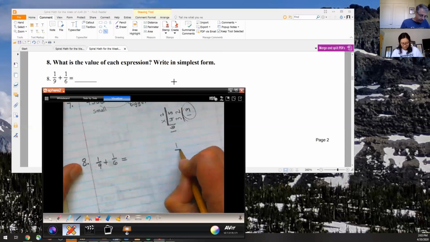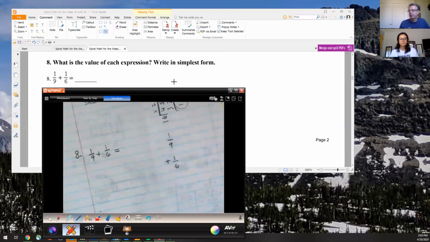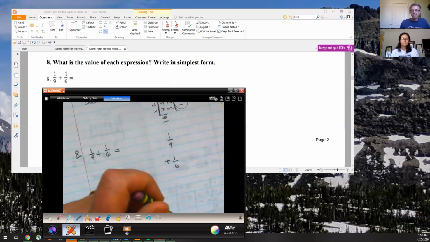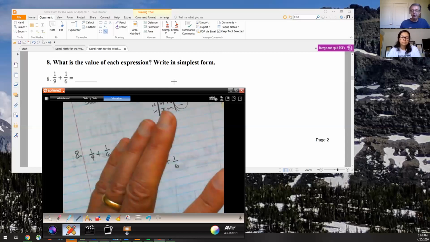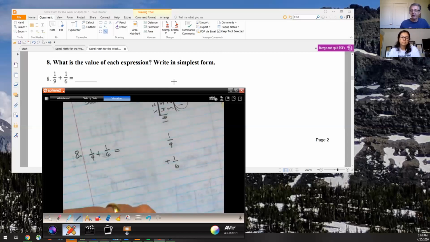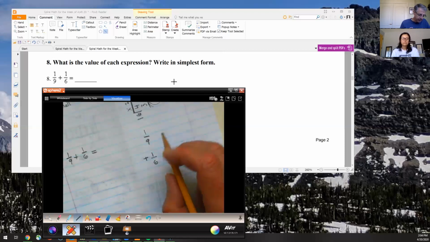In fact, we can't until the denominators are the same. And one way I could do that, there's a lot of different ways to change it over. I think what I'll do is I'll look for that least common multiple or greatest common factor. I think least common multiple here is going to be the best way to do this. What I can do is I know that